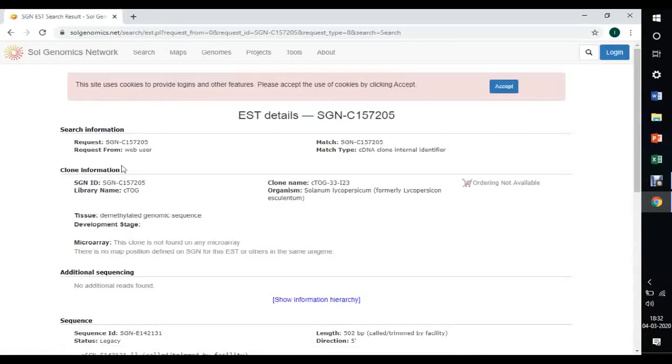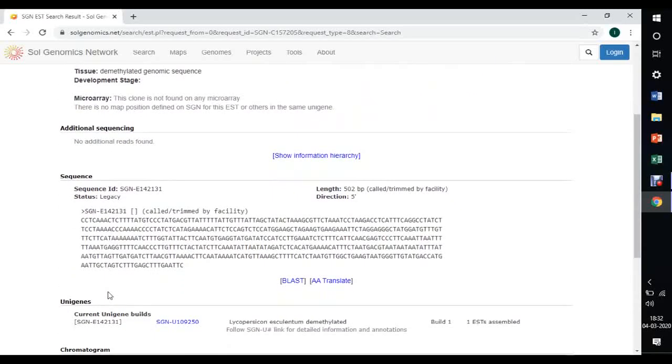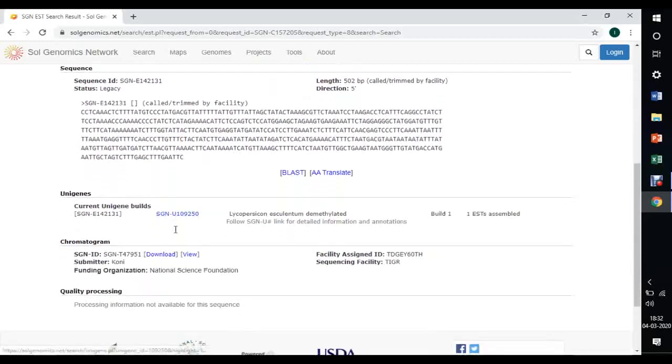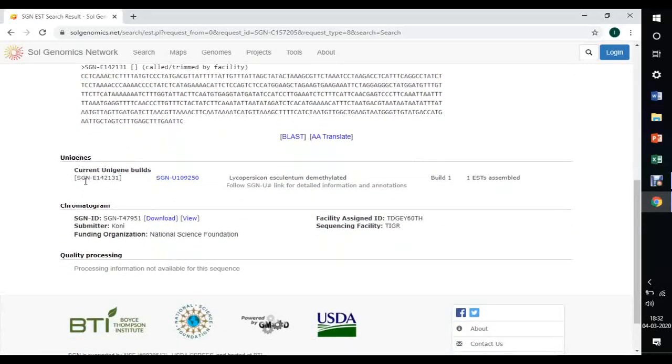You can see the details of that EST, match type, match, clone name, organism, Whole Genomics Network ID, library name, tissue and developmental stage, microarray details, sequence of that EST, length of the EST. You can also do BLAST, chromatogram if you want to download or view.